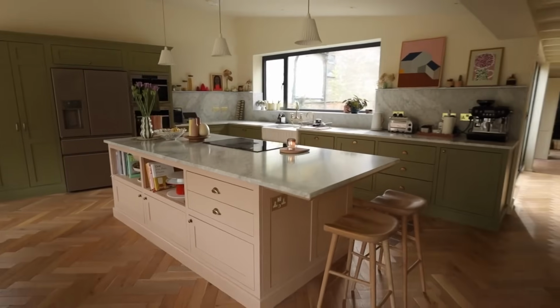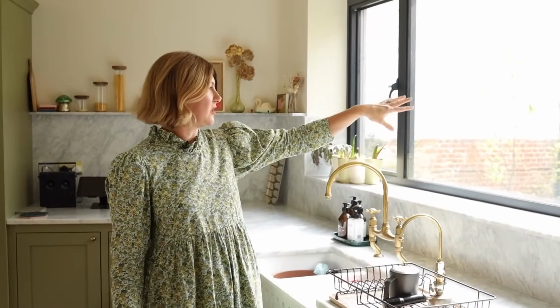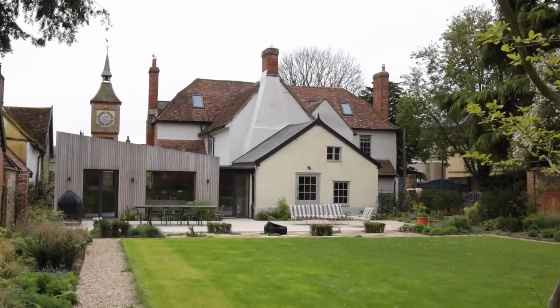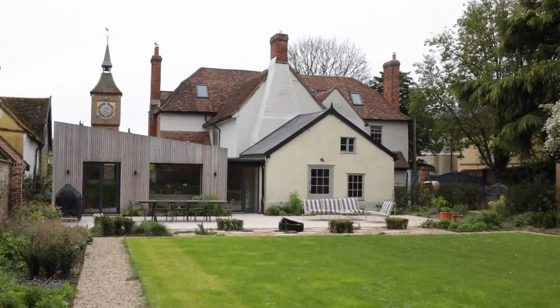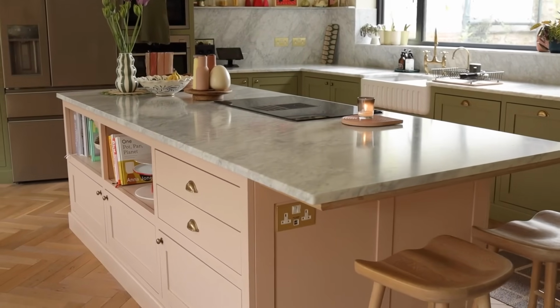So one of the things I love about washing up in this spot is there's a really amazing view out to the village square. It's actually like a little walled garden area, but you can see the clock tower in the village that goes off on the hour every hour. But yeah, it's a really nice view out basically when you're doing the washing up. Makes it a little bit more enjoyable. I would say the room